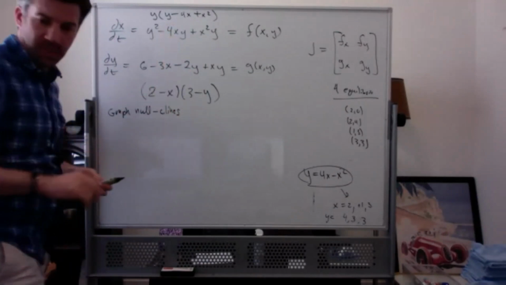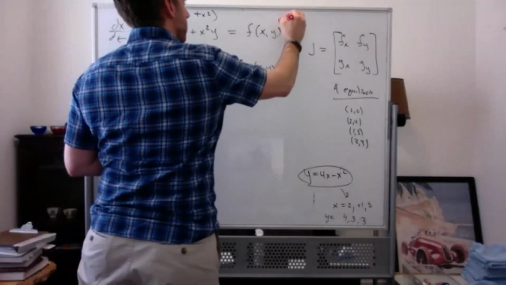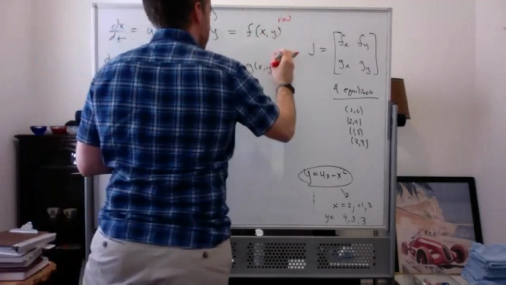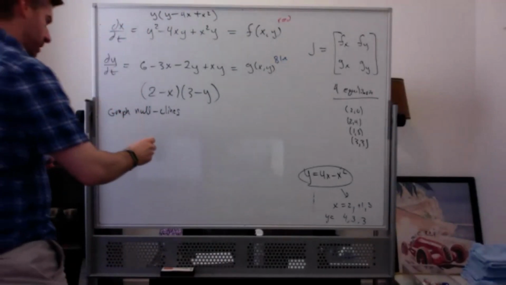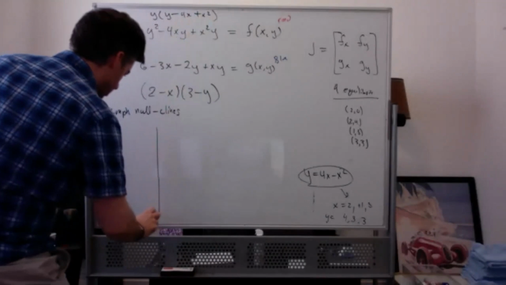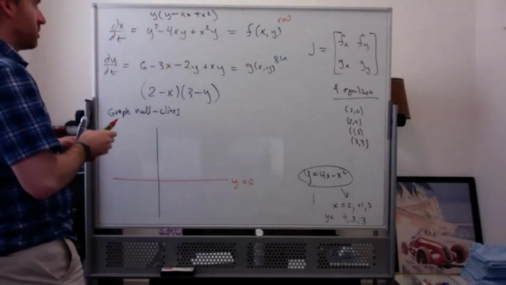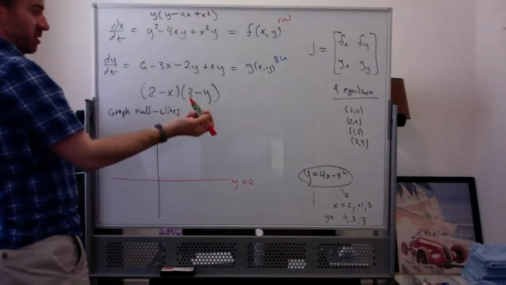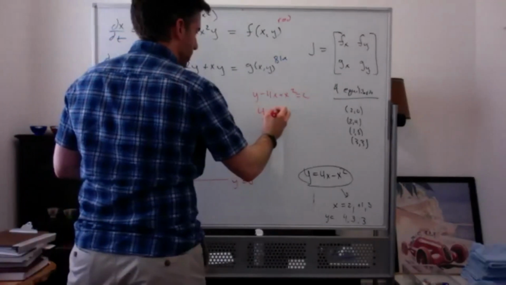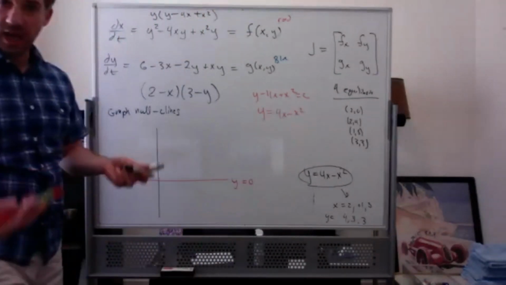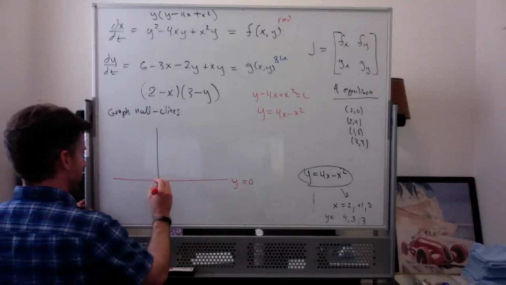And so let's be color coordinated here. Let's follow that. So I said, yeah, we'll do red for this, blue for this. Okay, so my x null lines are going to be y equals 0, which is the x-axis, and also y minus 4x plus x squared equal to 0. But that's just y equal to 4x minus x squared. It's a downward opening parabola with intercepts at 0 and at 4. So it's going to look like